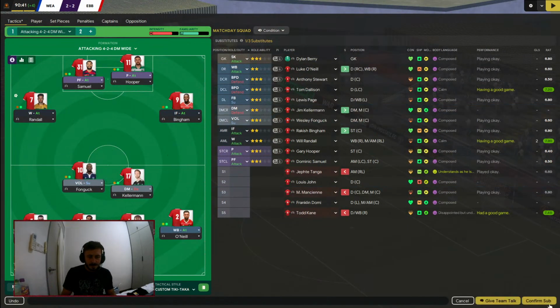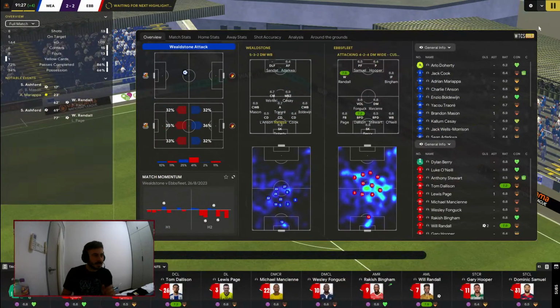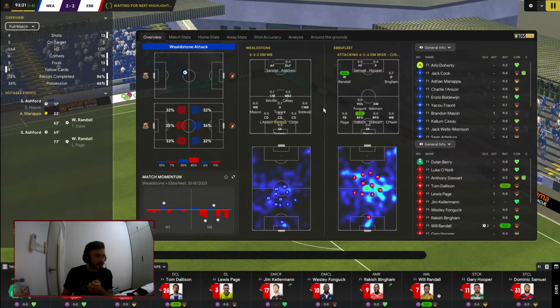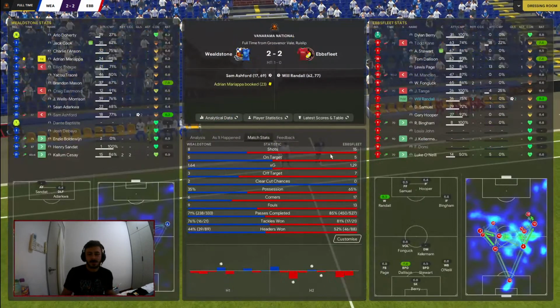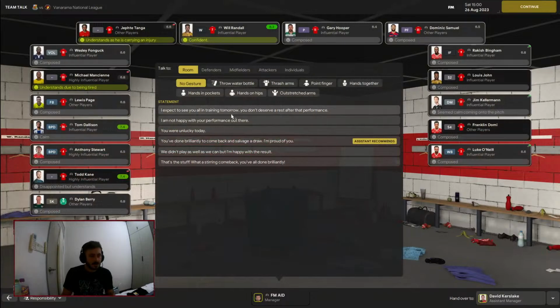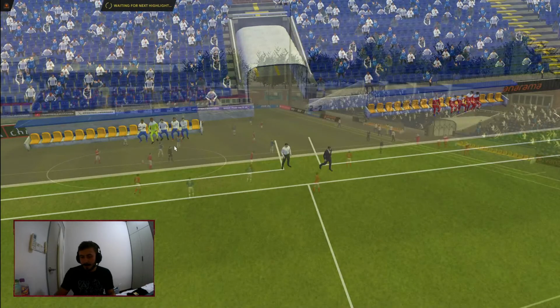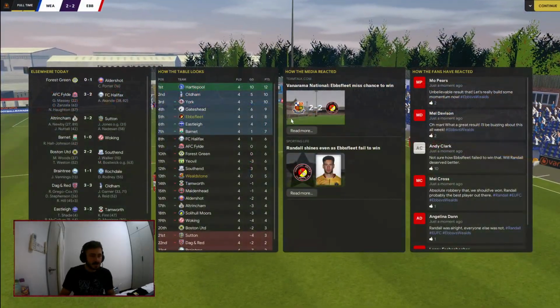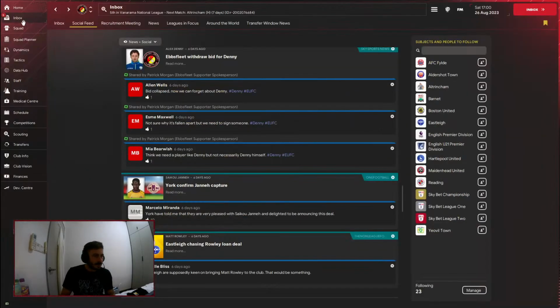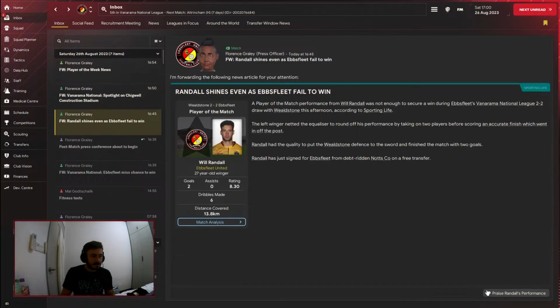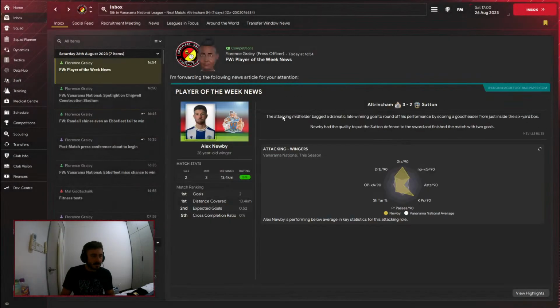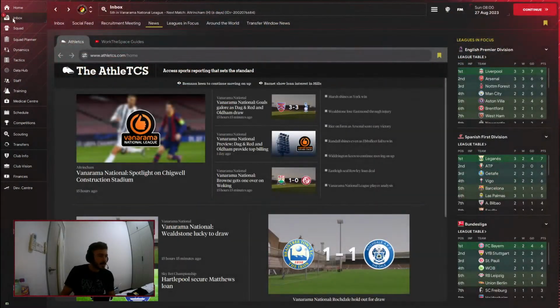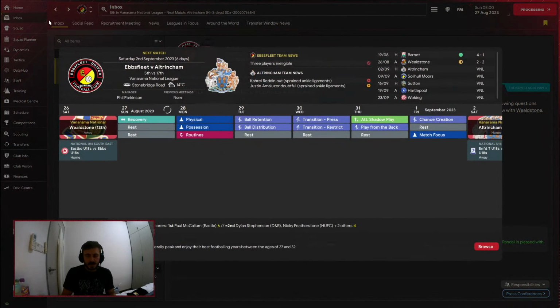Get Mancian off here. Give his older legs the rest. 2-2. Away at Wealdstone. Not the worst result in the end. I thought we were unlucky there today, to say the least. Hartlepool 4 for 4 so far. Great performance from Randall. He's going to lose his spot on the left, but if Pilkington comes in,